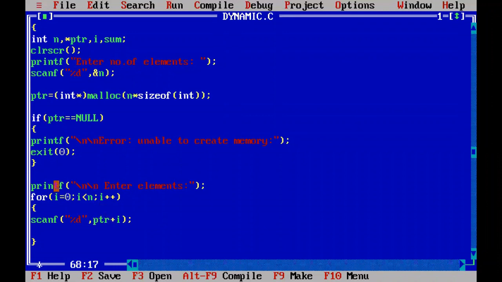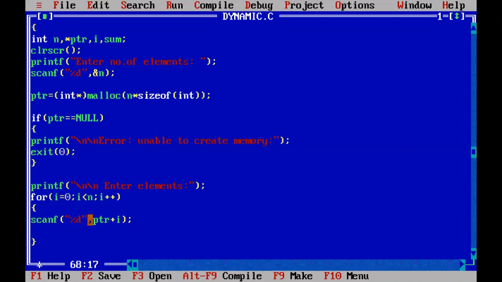When i is incremented from 2 to 3, then ptr plus 3 is now pointing to the fourth element address. Into the fourth element address, you store the fourth element read from scanf. Whenever i is incremented from 4 to 5, 5 less than 5, the condition is false and the loop is terminated.